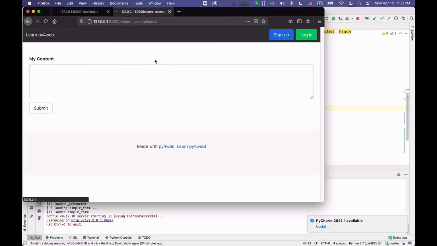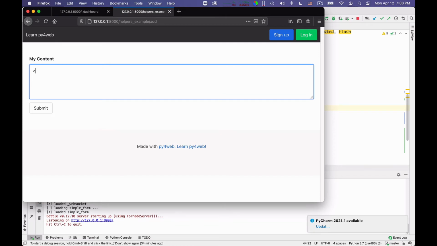So if I say add to it and I say script, you let down your defenses. Close the script. Well, this is not quite enough. I want this to be the text of my alert. So I have to say alert, open, close, and semicolon.